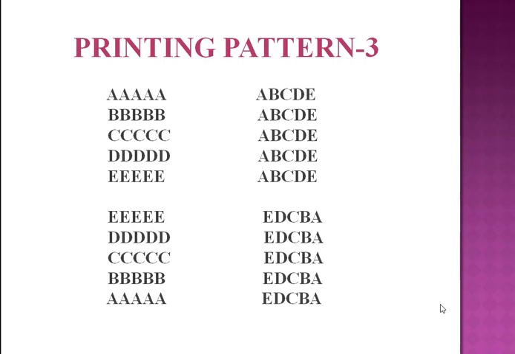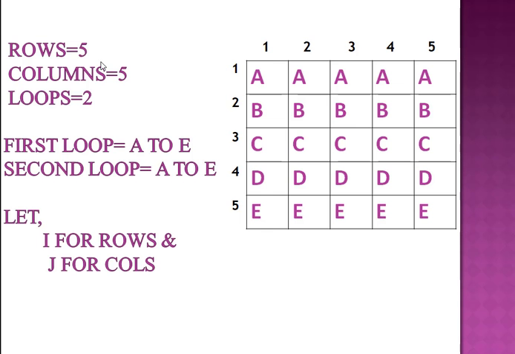As you can see, there are 4 different types of pattern and all of these are similar to the number patterns. So the logic will remain the same as in the previous video. Therefore I recommend you all to watch the previous video related to patterns for better understanding. We will look at an example related to this pattern, and after that we will see the coding section. Here rows are 5, columns are 5 and loops are 2.